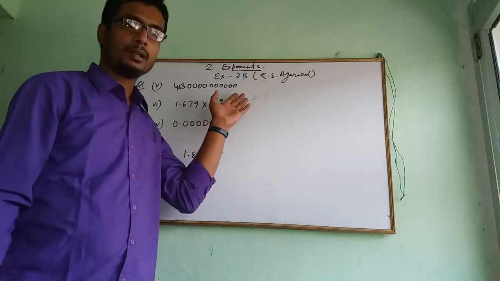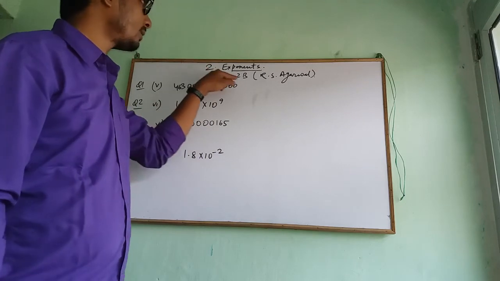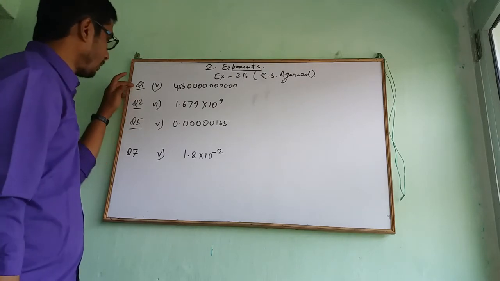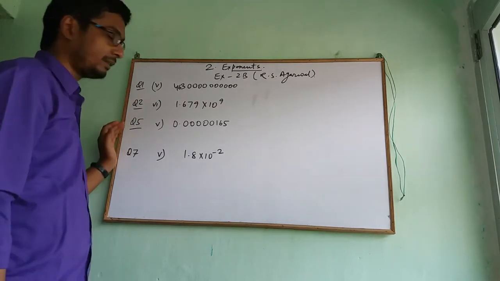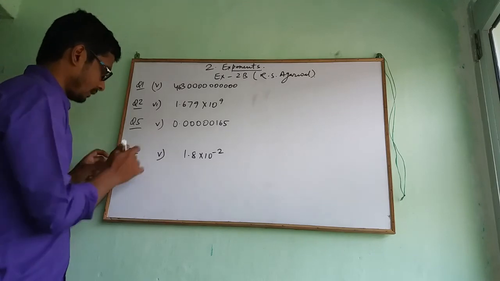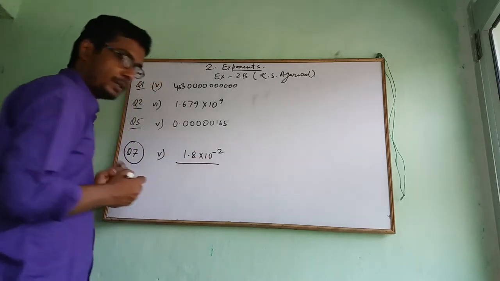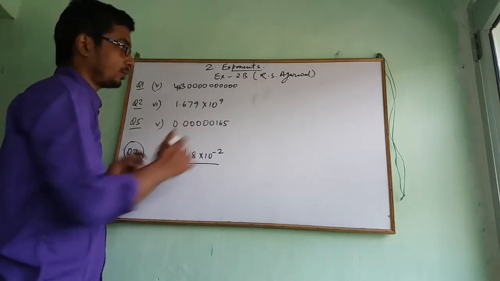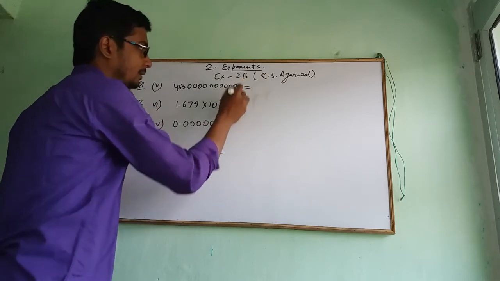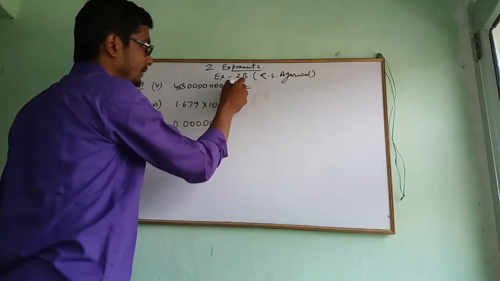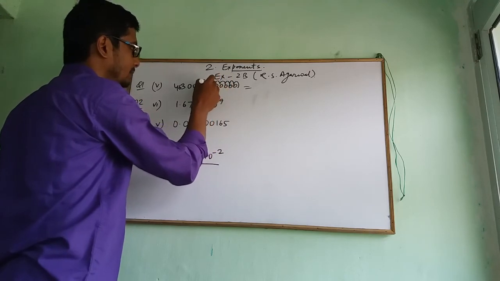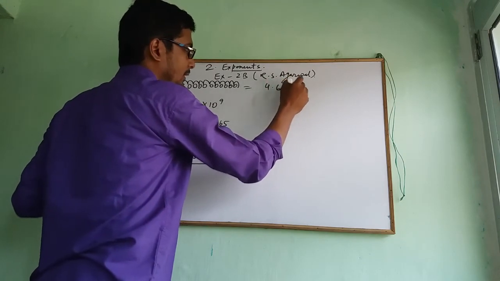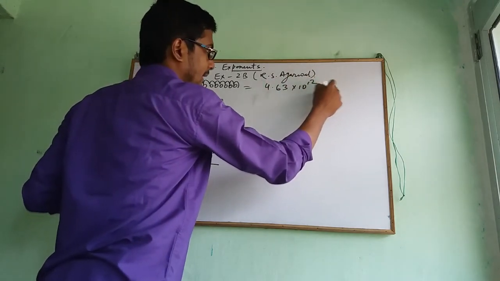Now students, let's solve some of the questions from exercise 2B, R.S. Agarwal class 8 mathematics. In all these questions I have to convert them into standard form, except the last one. In the last question I have to convert the number into usual form. Now in the first question I have to convert this into standard form. So what will I do? I will just shift the decimal to my left. So I am shifting 1, 2, 3, 4, 5, 6, 7, 8, 9, 10, 11, 12. So it will be 4.63 into 10 to the power 12. This will be my answer.